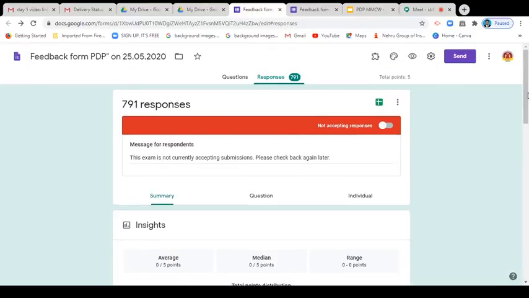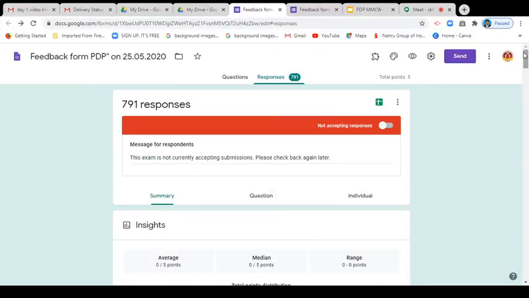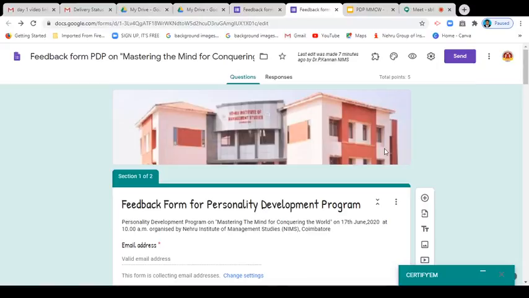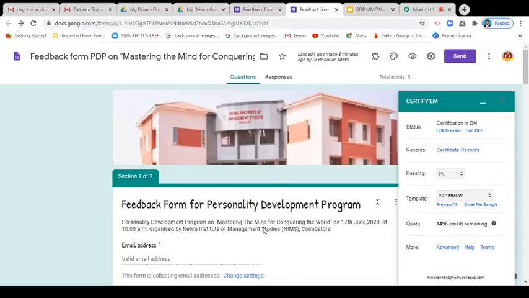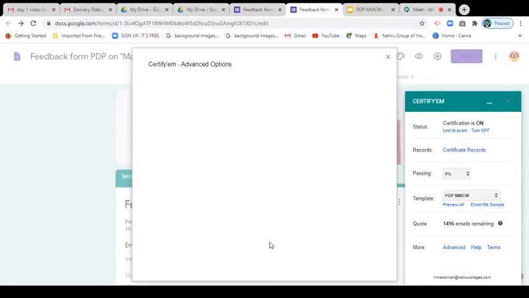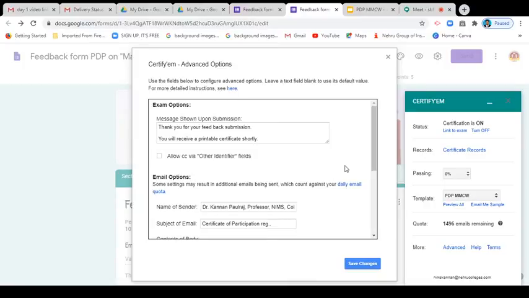during the registrations you can create Telegram groups. After the certificate presentations, instead of sending email, you can choose to store it in the drive. In advanced settings we have the option to store in a drive. You can share that drive link with all the participants on the day itself.